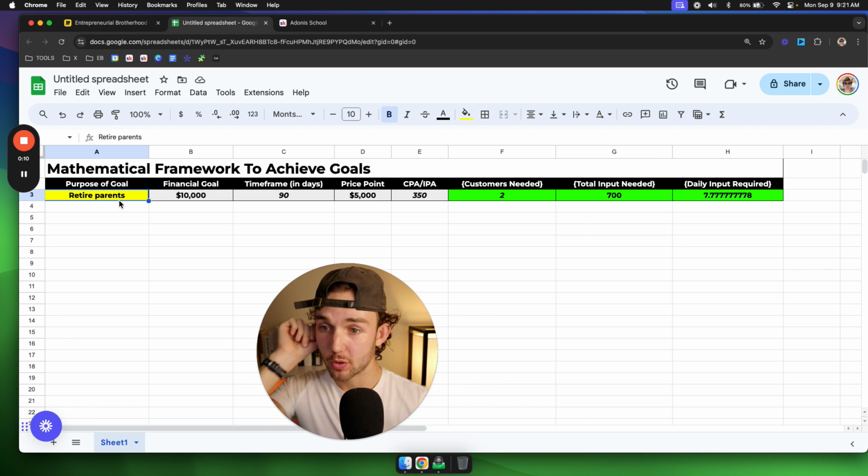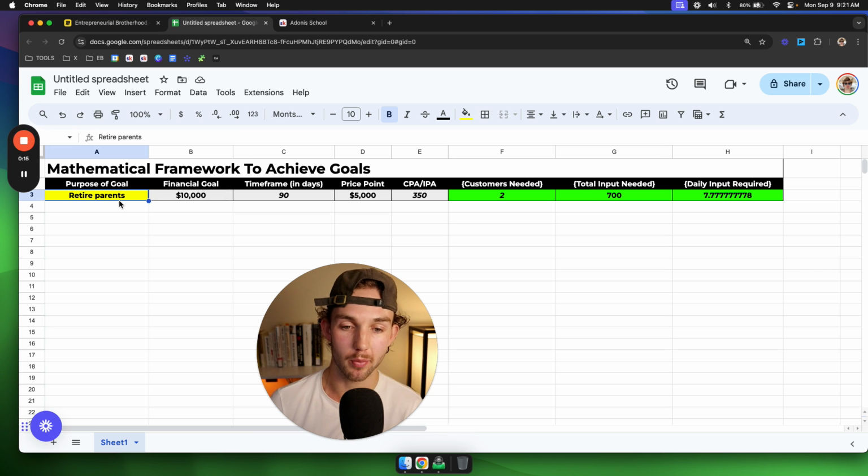So first thing I want to do is put in the purpose of our goal. The reason we want to do this is because if we don't have a purpose, we're not going to wake up in the morning, right? If you just have a goal for the sake of having a goal, you have no reason to make a move. So you have to clearly define your purpose. Otherwise, you have no reason to actually go out there and get your goal done outside of the monetary incentives,